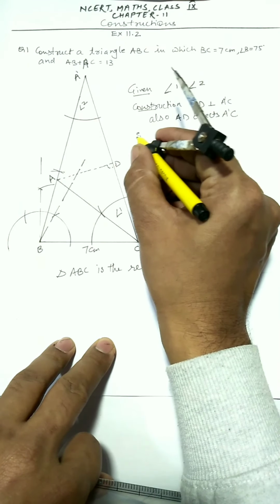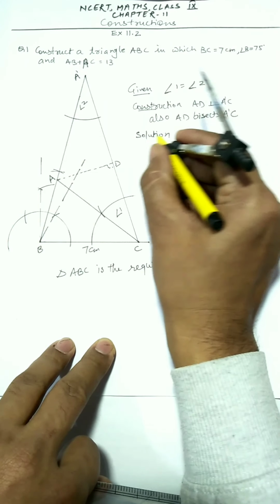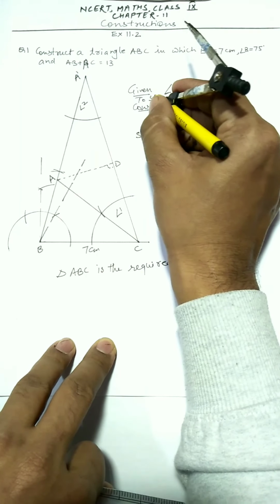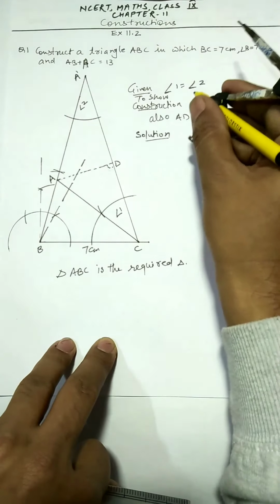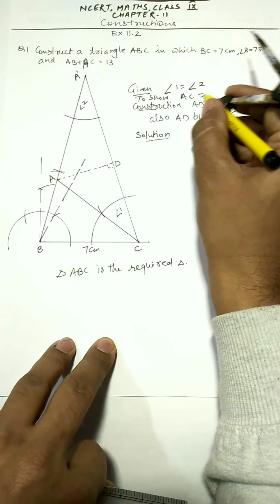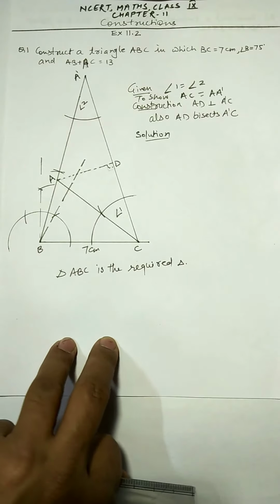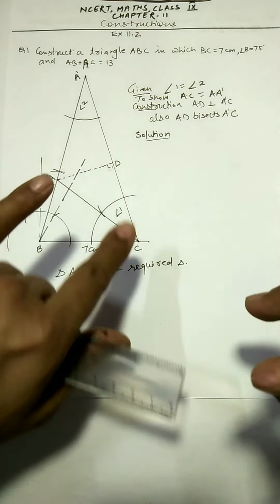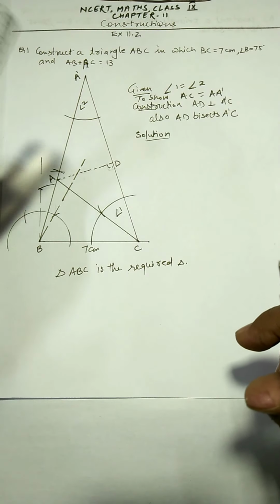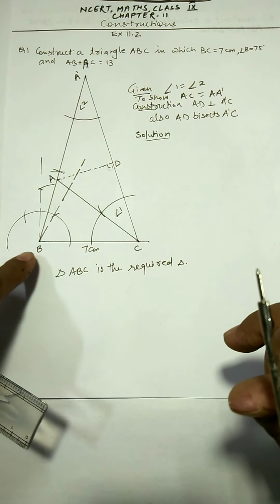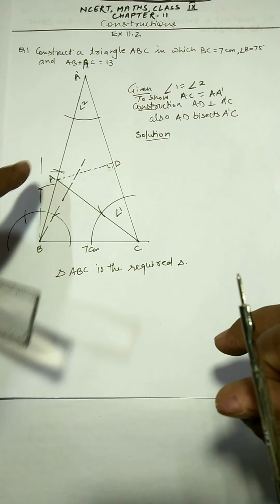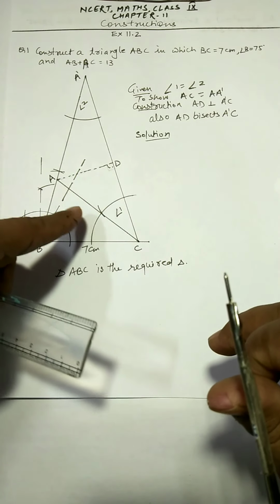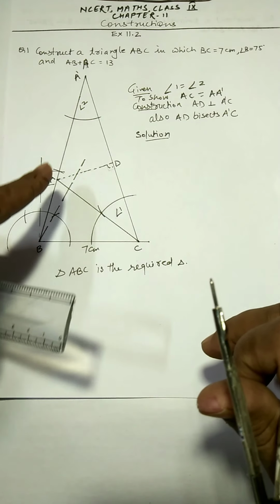So in the solution I'm just writing here what my target is. My target is to show that AC is equal to AA dash. This is my target, because I have already discussed that AB plus AC has to be 13, and in the construction we took A dash B as 13. So AB is already there, and A dash A is replaced by AC. Somehow I have to show that AC is equal to A dash A.